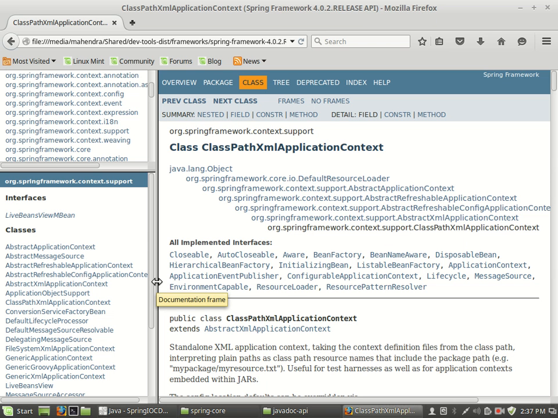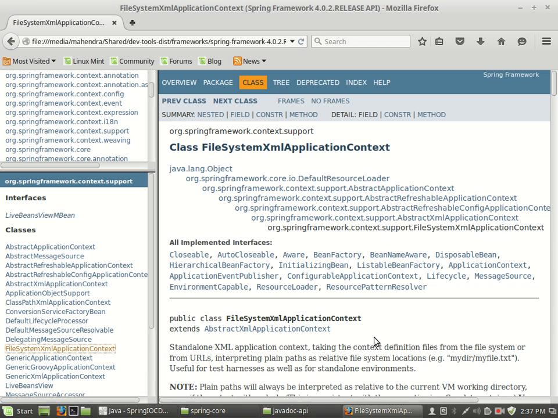Okay, दूसरा दिखाऊं. दूसरा है file system XML application context. Now what is different between them? Class path XML application context uses relative address of XML file, relative location. ठीक है? If you use class path XML application context, then your XML file must be inside your project, somewhere